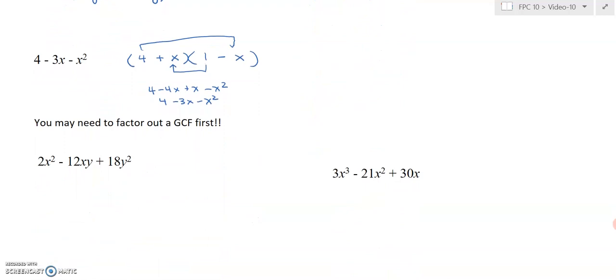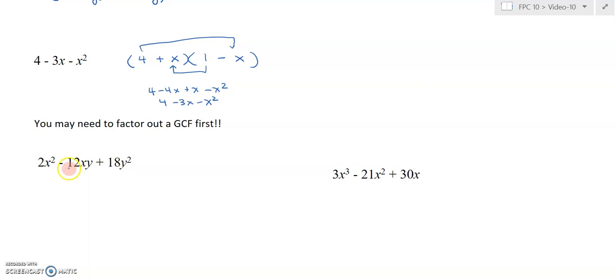Sometimes you may need to factor out a GCF first, because you can see your leading coefficient here is not a 1. You can't use this method unless this leading coefficient is a 1. You can't just find two numbers that multiply to give 18 and add to give 12. It wouldn't work. So I have to factor the 2 out, if possible. Factoring it out, you divide it out of each term, right? And you put the